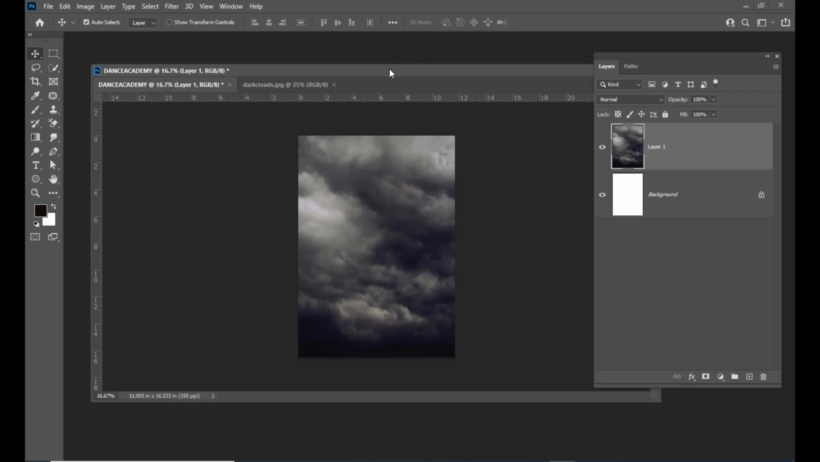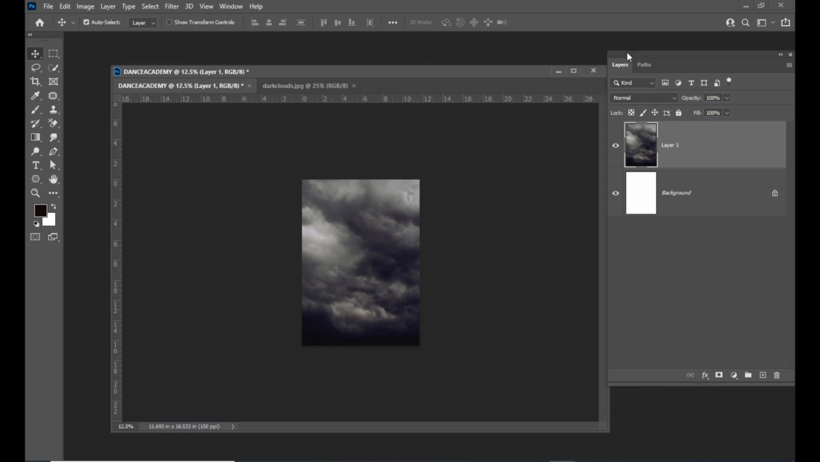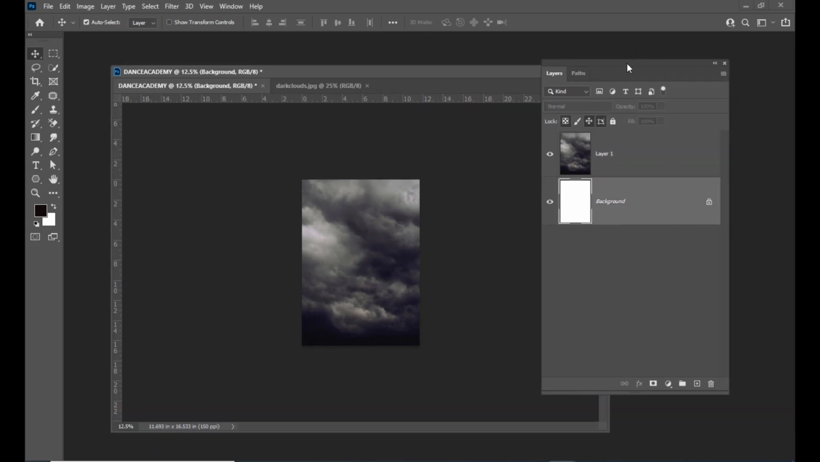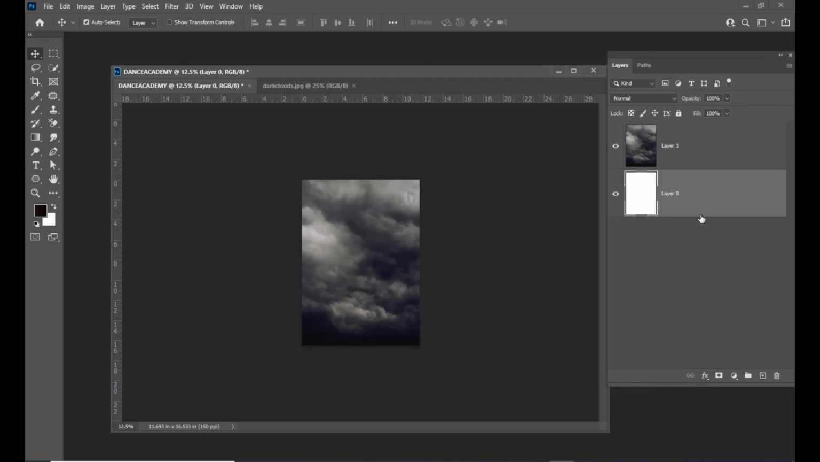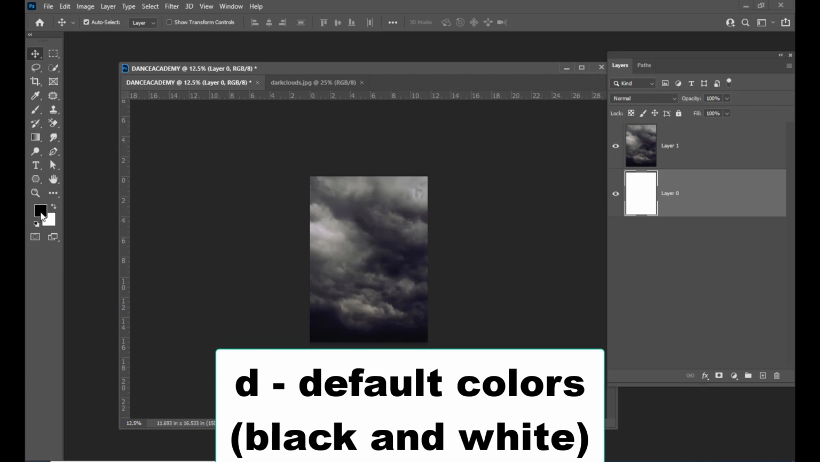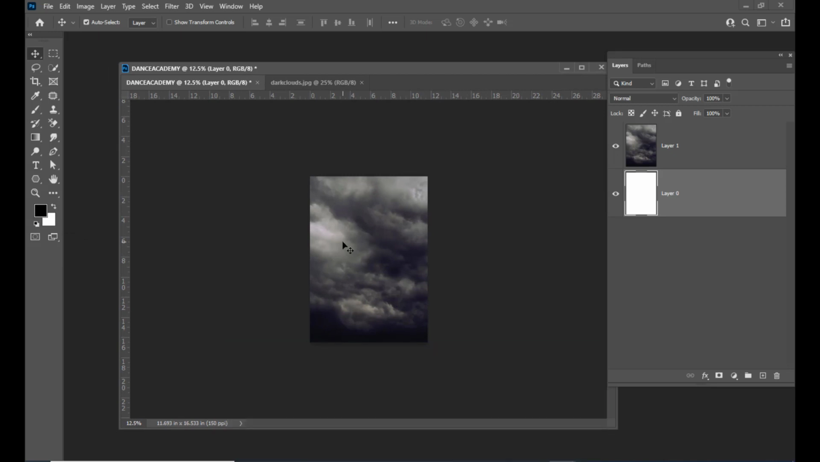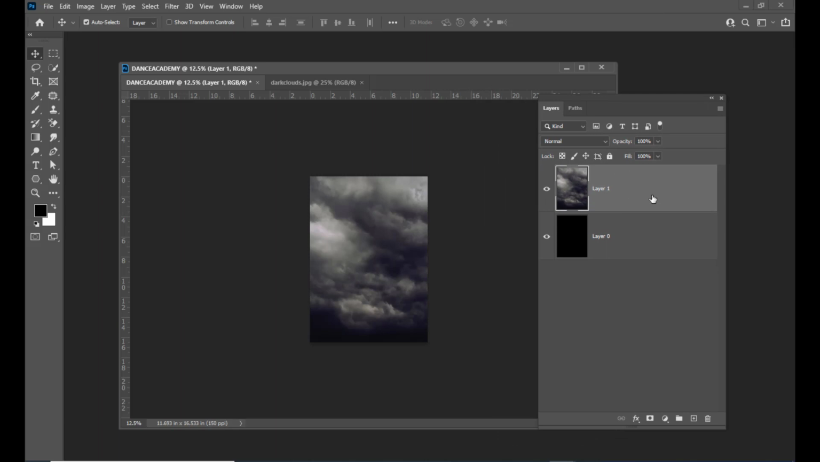right? So once you have adjusted, now the next step is we'll be changing the white color background, and first unlock the background. We'll be changing the white color background to black. So simply hit D on the keyboard so that the foreground and the background color will change to black and white, and we have to use Alt and backspace to fill the foreground color with black, right? So now what we'll do is we'll select the clouds layer